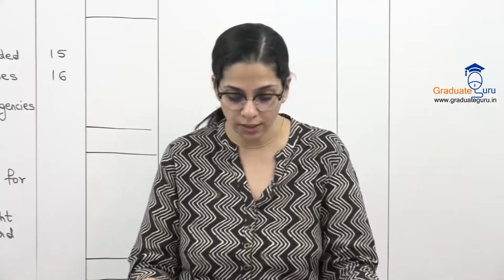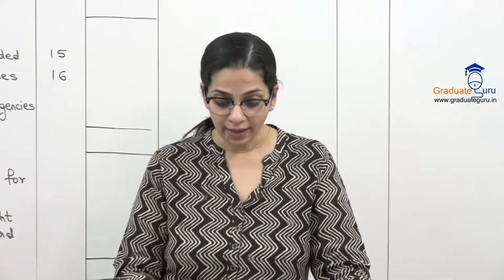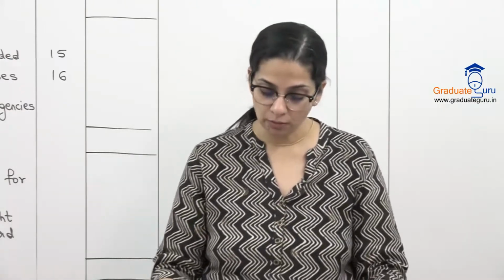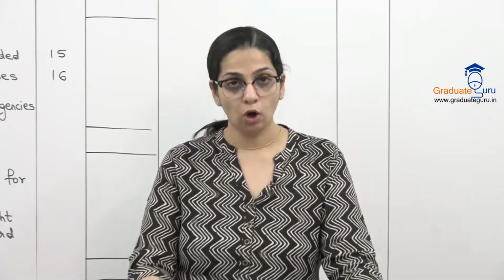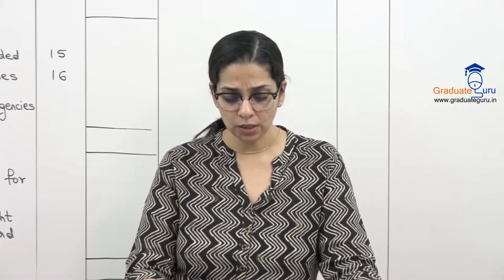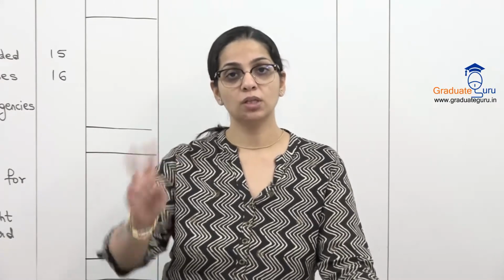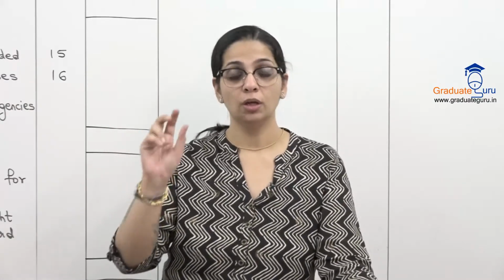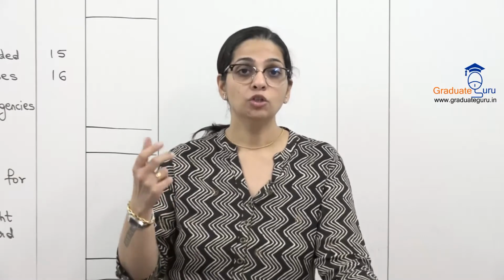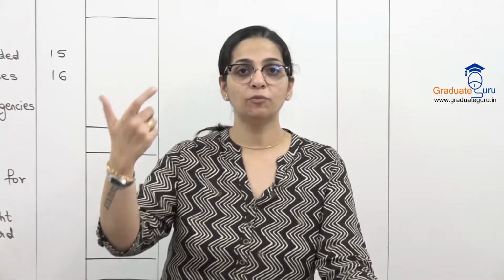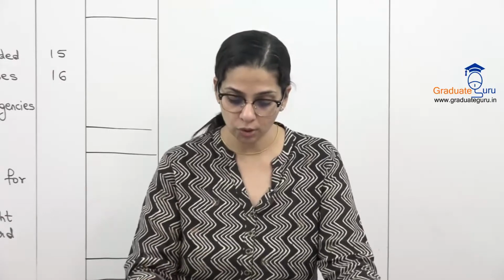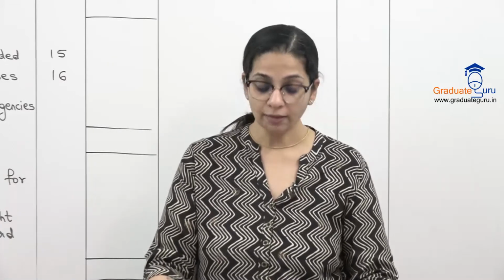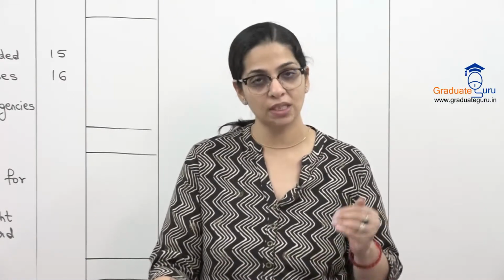So I'll just read out the list. Auditors remuneration, directors remuneration, lawyers fees, publicity expense which is like your advertisement, salaries and allowances to employees, electricity expenses, contribution to provident fund. So this is related to salaries. So इन दोनों को हम साथ में बताएंगे, salaries to employees and contribution. ये क्या होता है contribution PF का? जो हम हमारे employees के लिए PF में उनका पैसा डालते हैं, that is this contribution. So that will go with salary. Printing and stationery, repairs and maintenance, and telephone expense. So all this is in schedule 16.